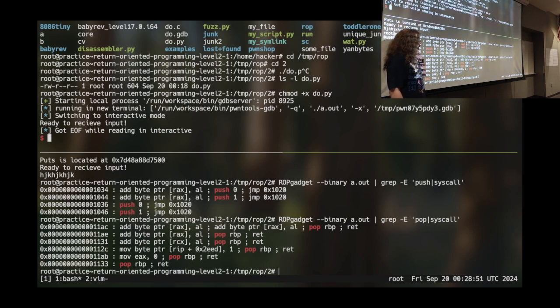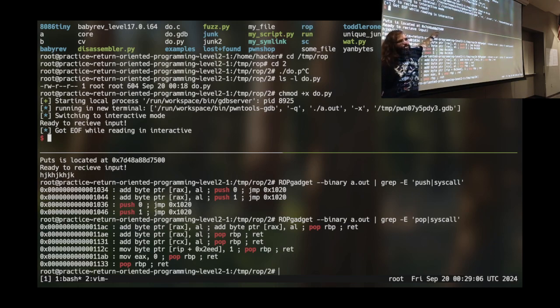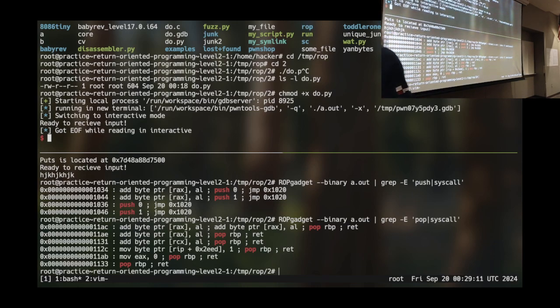Now, I ranted quite a bit on Tuesday about what a leak gets me, and I looked at vmmap and we said there's contiguous regions of memory, this, that, and the other. I'm not going to repeat it. What do I get a leak of in this thing? Okay, puts. Where is puts? If you don't know, that's fine. You can just say, I don't know. How do I find it?